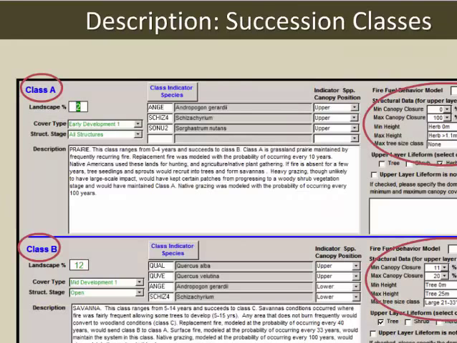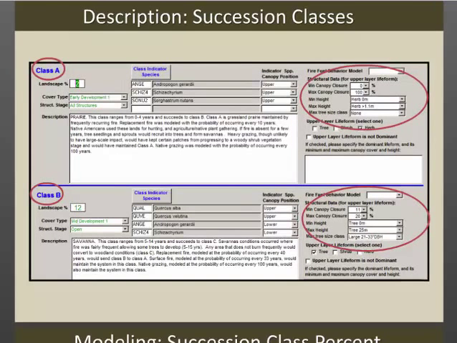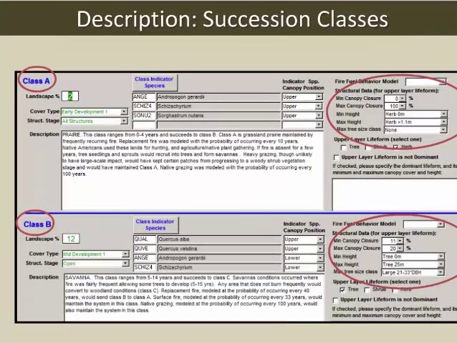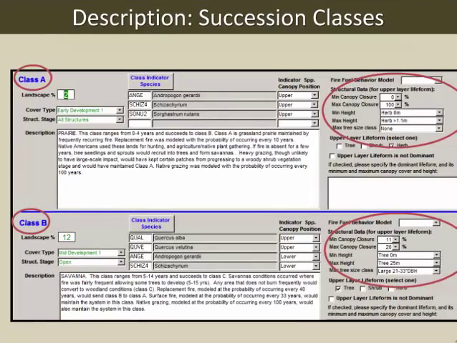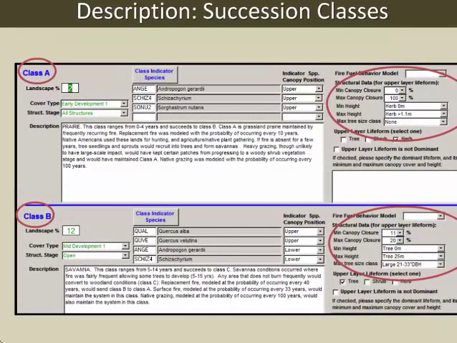Circled in the top right, you'll see canopy closure, canopy height information. While we did not try to map where succession classes were on the historic landscape because they move around, we do use those parameters to map succession classes today, making those fields very important. So LANDFIRE will mash together the biophysical settings, the existing vegetation type, height, and cover data, then use these rule sets to map A, B, C, D, and E across the landscape.